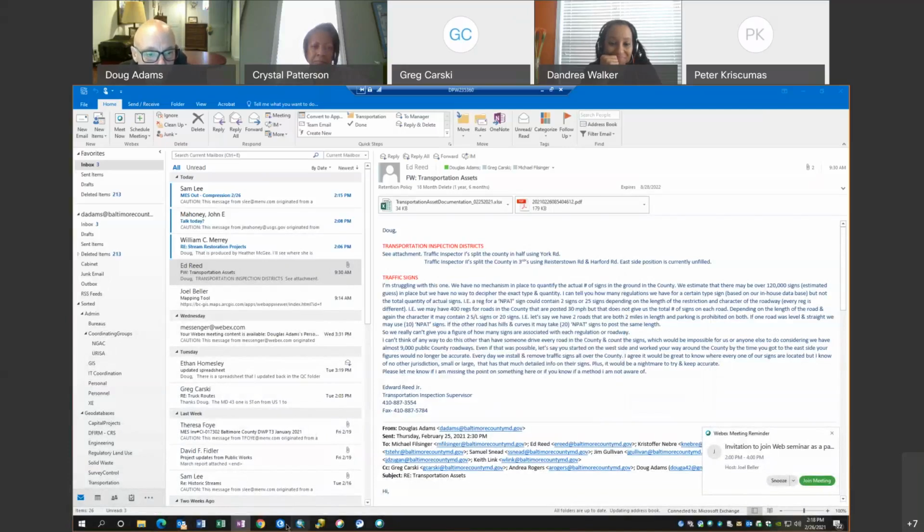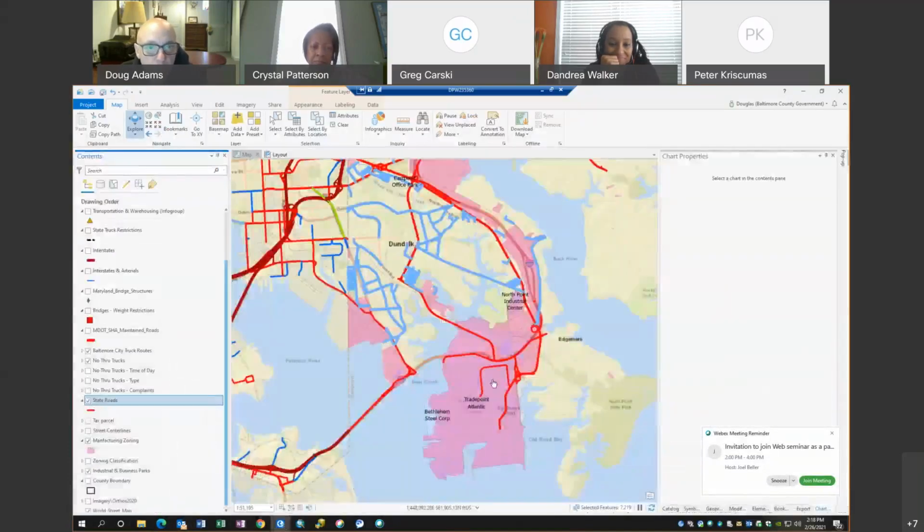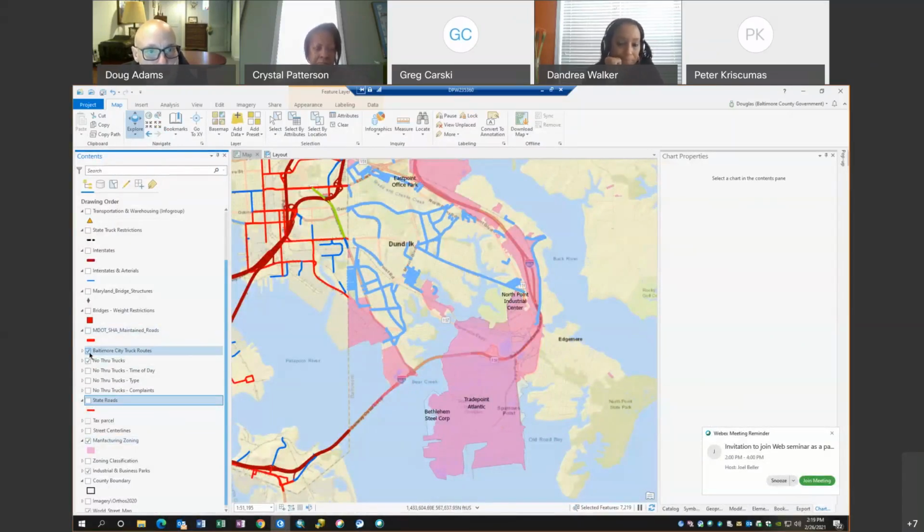So I'm back on my work machine, but I'm just going to work from the ArcGIS Pro application rather than the WebEx, because this will be a little bit faster for us. So what I've got turned on already, just so you can see, is I have the Baltimore City routes already on the map so that we can see how they interconnect with the state routes.